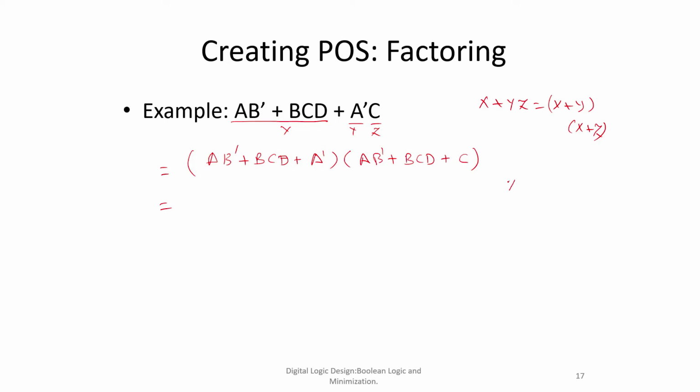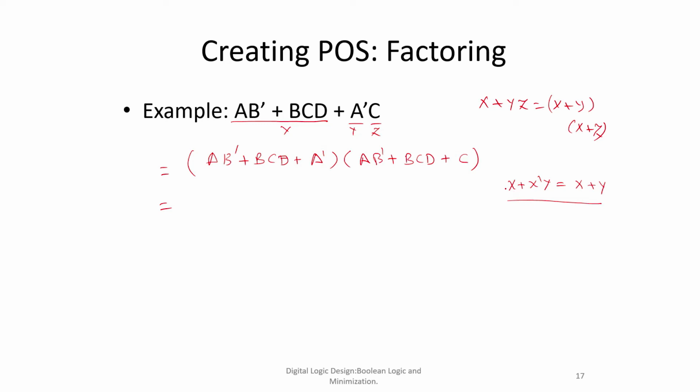Elimination theorem says that x plus x'y equals x plus y. Why do I recall and how do I say that I have to use the elimination theorem? That's a very tricky question. But what do we observe? We see that a is present in a non-inverted form as well as in this inverted form. That gives us a hint that there is some optimization which is possible. So that's why we recalled what all theorems we had, and we have used this elimination theorem.